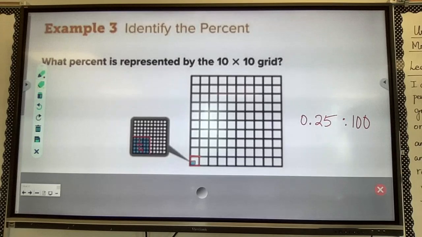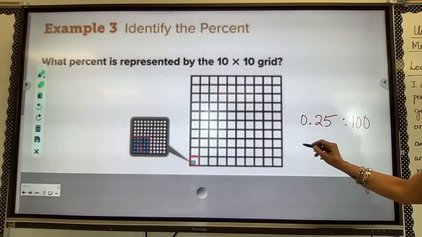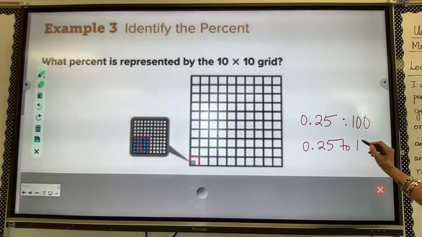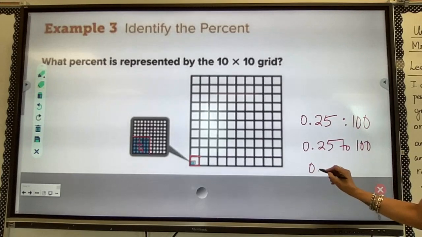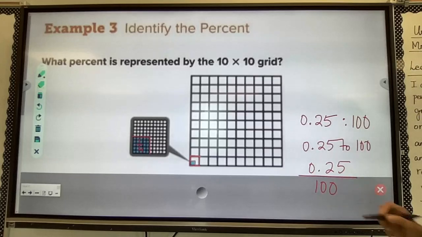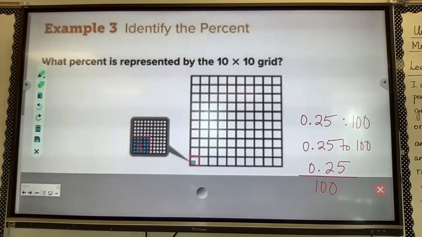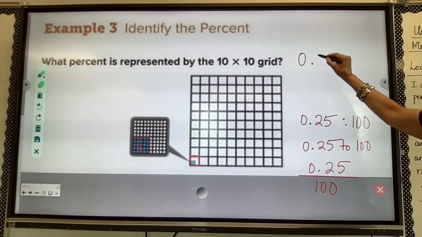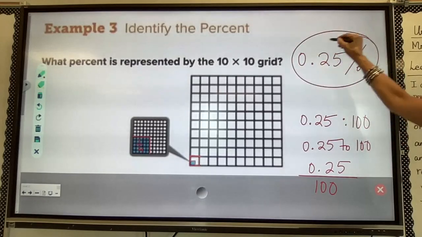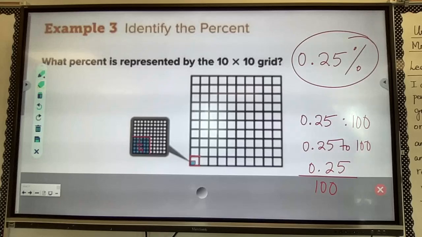So I can write this as 25/100 to 100, or I can say 25/100 over 100. Okay, and if I'm writing this as a percent, what is represented by this 10 by 10 grid? It is 25/100%. Okay, which is definitely going to be less than 1. All right, now